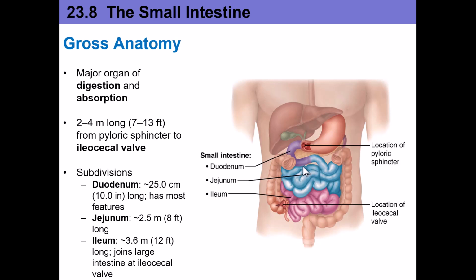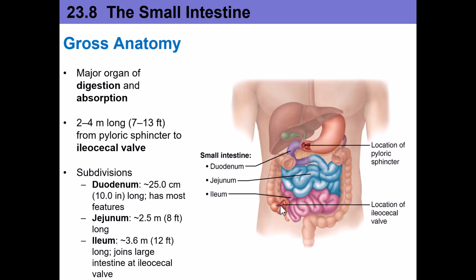So the small intestine is actually pretty long. It's longer than the large intestine, but it's skinny. Long, convoluted, and skinny. There's three areas, the duodenum, and that's the one we're going to talk about the most because there's a lot going on in that duodenum. It is the shortest section. There's a lot going on there. Then there's the jejunum followed by the ileum, and the ileum is what's going to then feed into the large